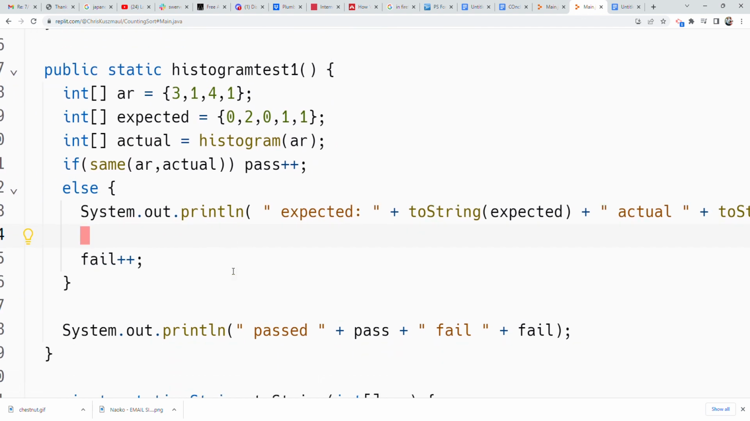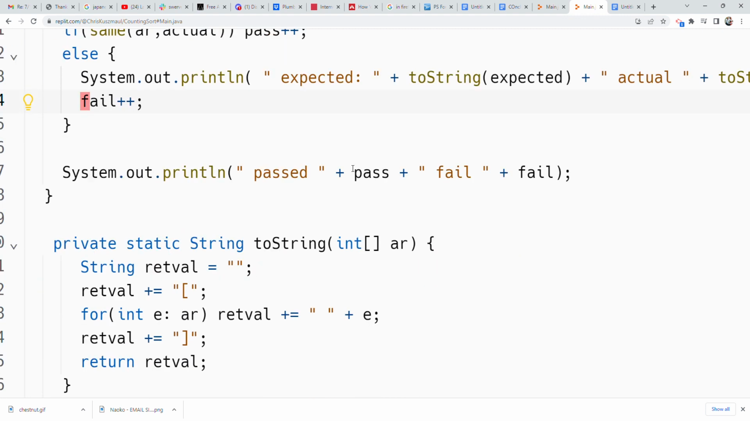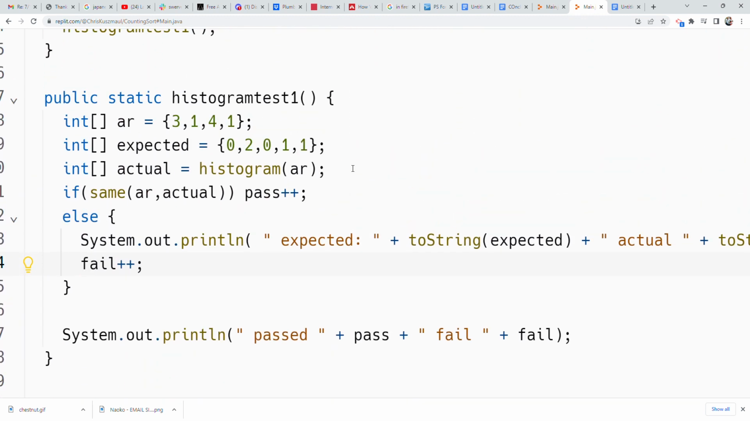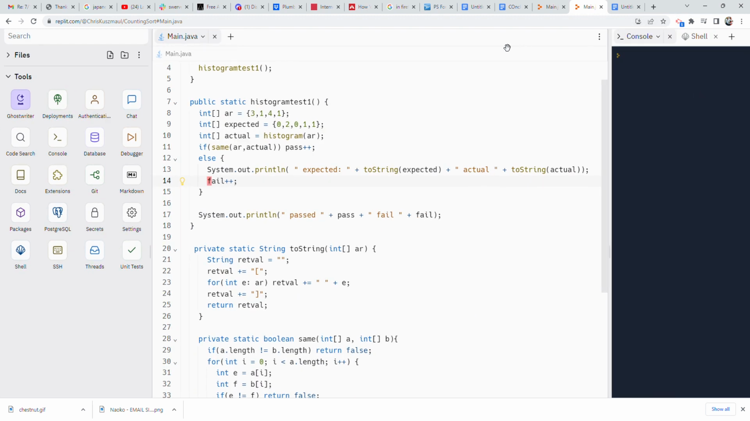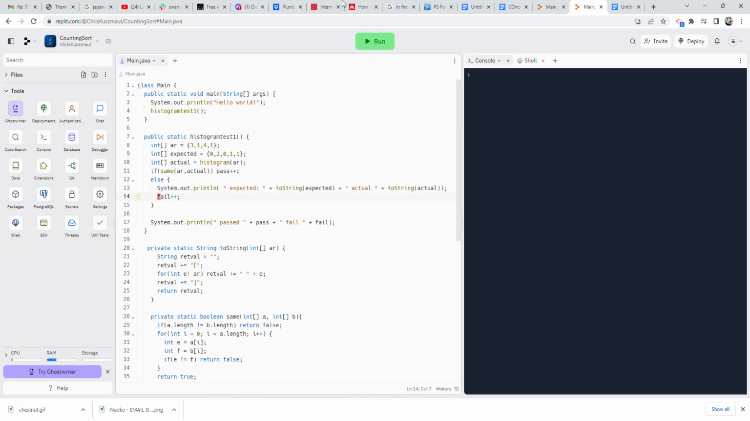All right, so the good news is this test code should work, should run, but I don't expect the code to succeed because the histogram method is a stub. But that's probably good, right? Because we want to see failure. So we zoom out, we click run,